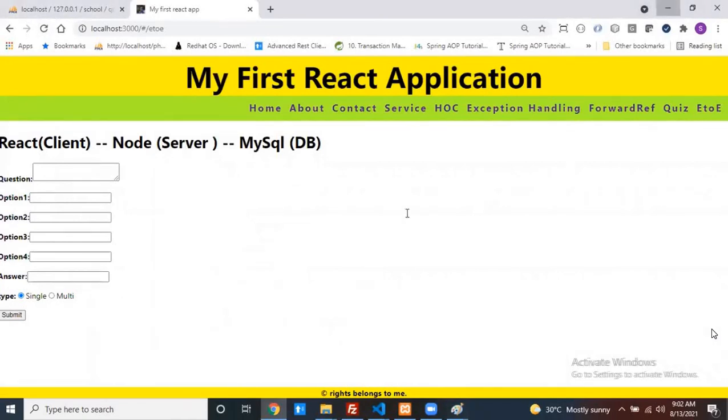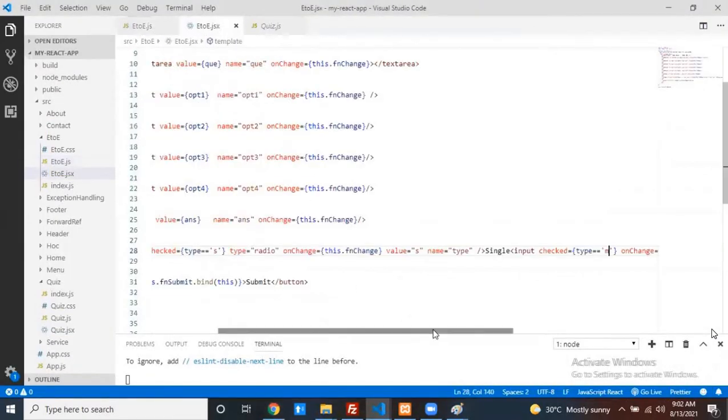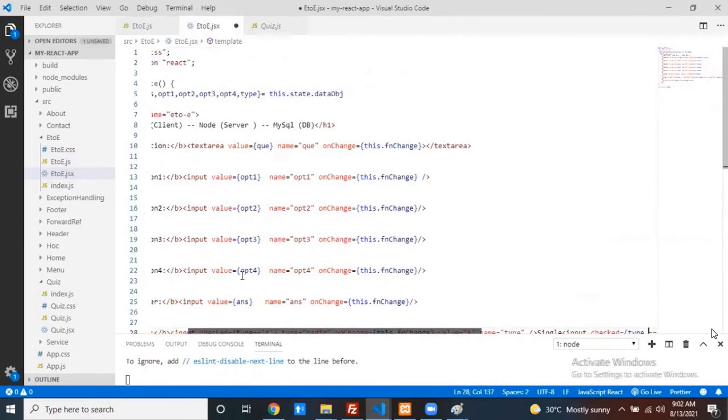Okay, it's not checked. Can you check why it's not?